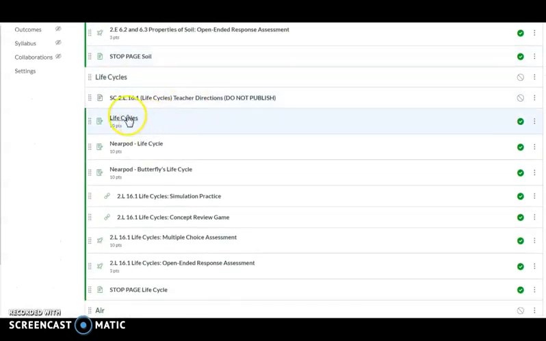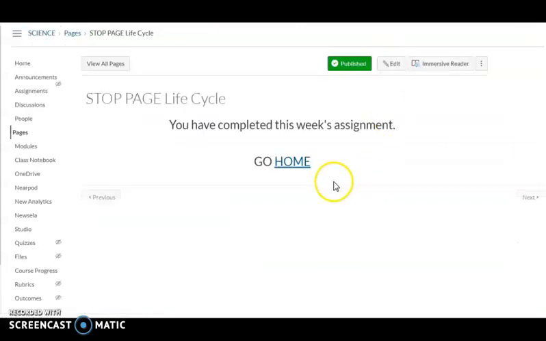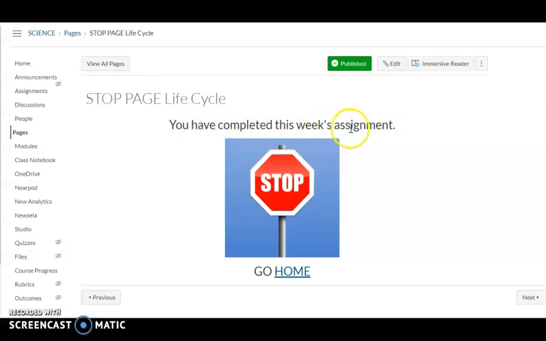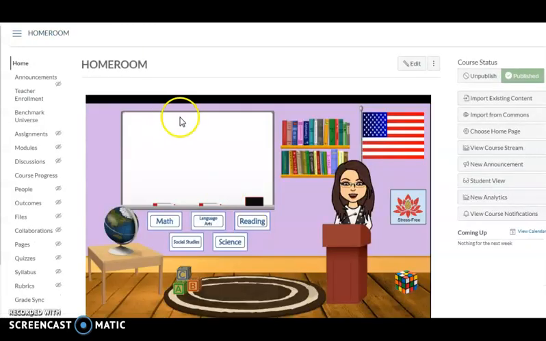So here it takes them into this page, and this is a whole week. So it's going to take them into all of their pages, and again we have a stop page for each of the week's assignments. So you've completed this week's assignments, go home. I like to give them the home button so that they're not tempted to hit next and go into something else, although I do have the other modules unpublished, so they really aren't going to get anywhere, but this way they can go home and